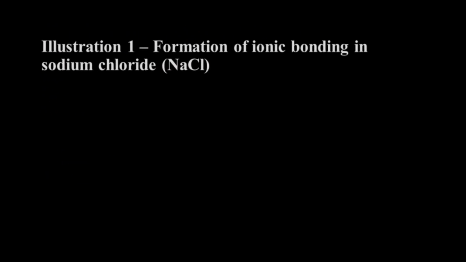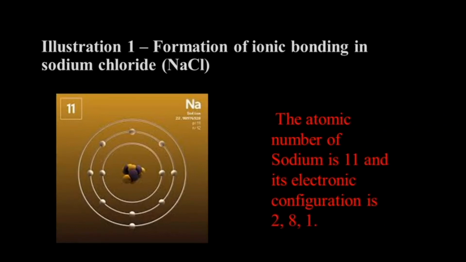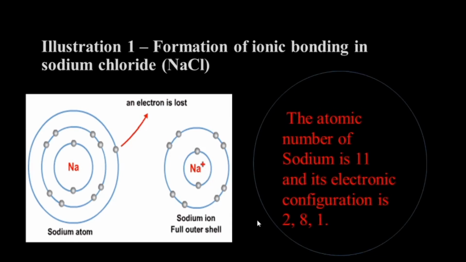Let us discuss one example for formation of ionic bonding, that is sodium chloride, your well known example, that is our normal eatable salt. Sodium, the atomic number is 11, so the electronic configuration of sodium is 2, 8, 1. The outermost shell has only one electron. It can readily lose this electron and form a stable octet configuration of neon, like in noble gases. So it loses this one electron and forms Na plus ion. This is known as a cation.